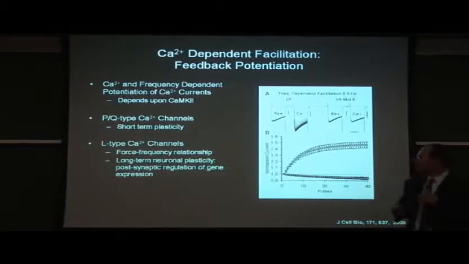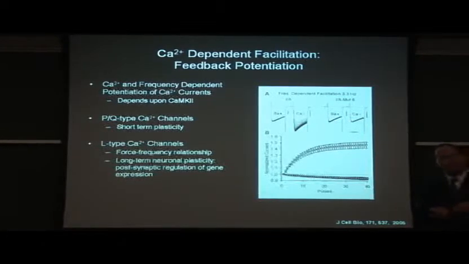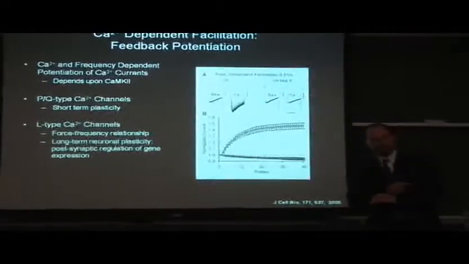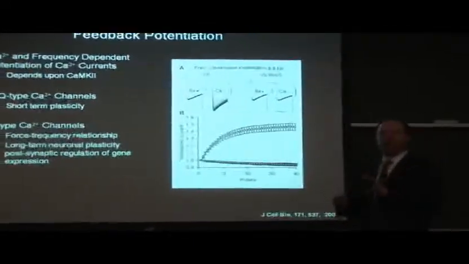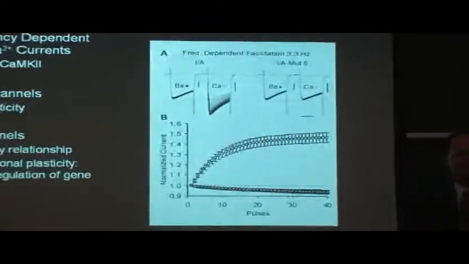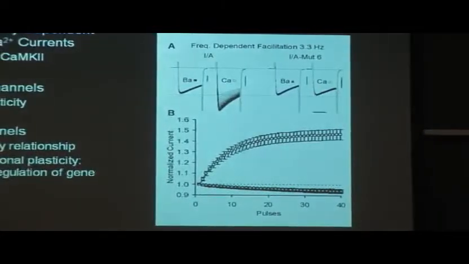So this is recordings of L-type calcium channels expressed in oocytes. What we did here are 40 successive depolarizations at 3.3 hertz. And we used a mutant form of the channel, which, based on some of the work we published last year, we now understand how it works. And it essentially removes inactivation. So it's a mutant that allows us